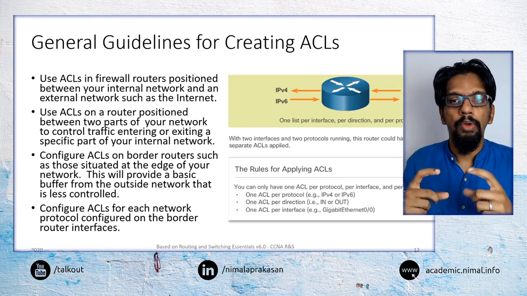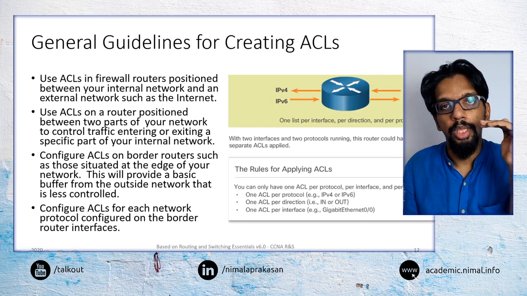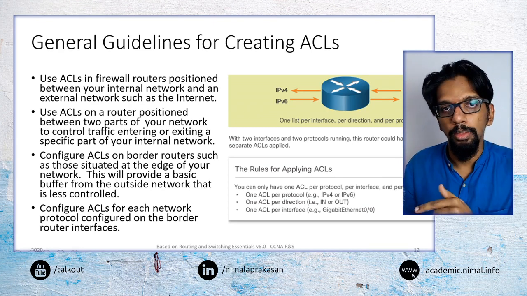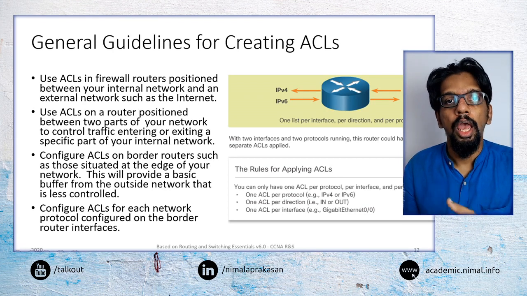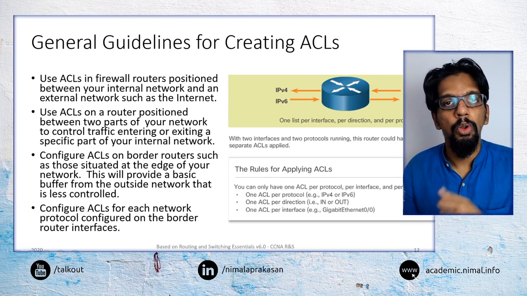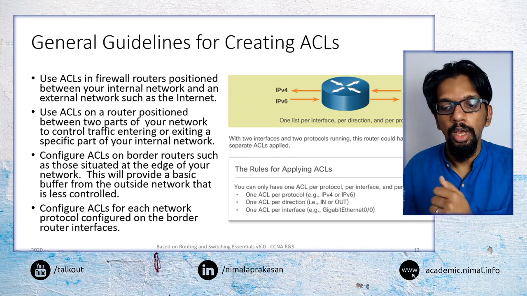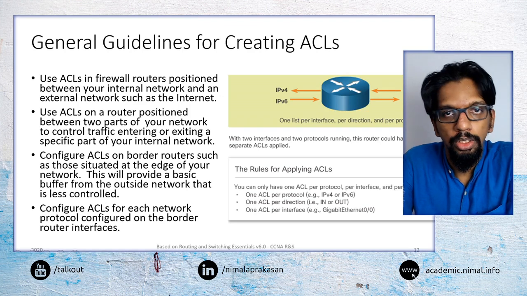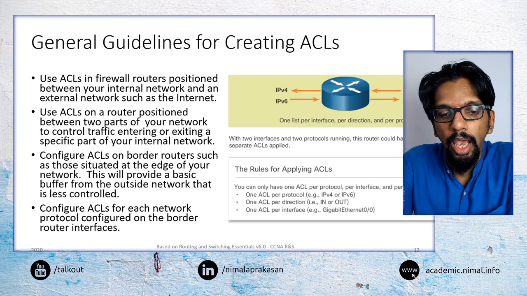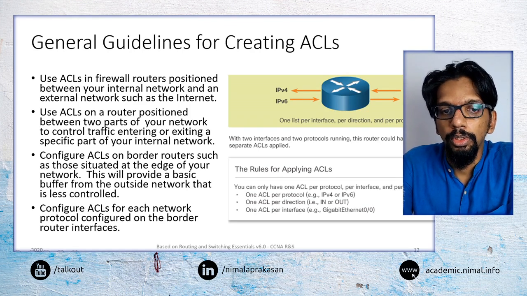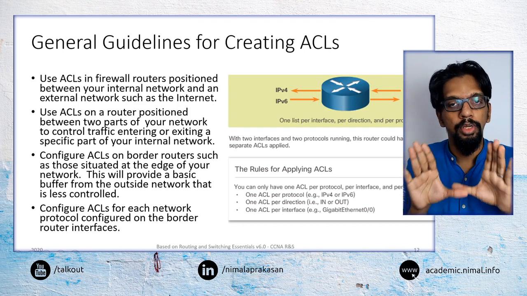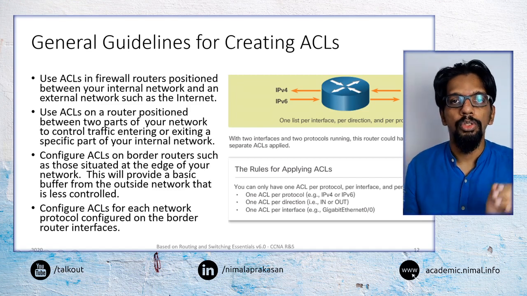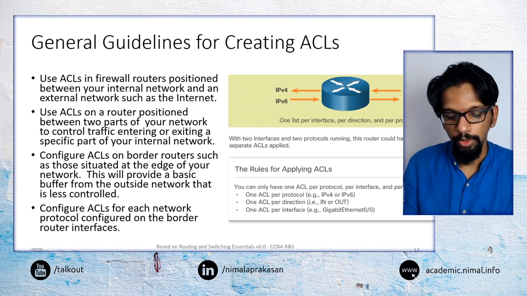So what we would have is, for each interface of the router, an outbound and inbound set of rules, and the inbound and outbound rules would be separate for IPv4 and IPv6. And then we will have to duplicate it across all the interfaces that we may have in a particular router. So that is our basics of creating these access control lists. We will have to have it across all the interfaces of our network.